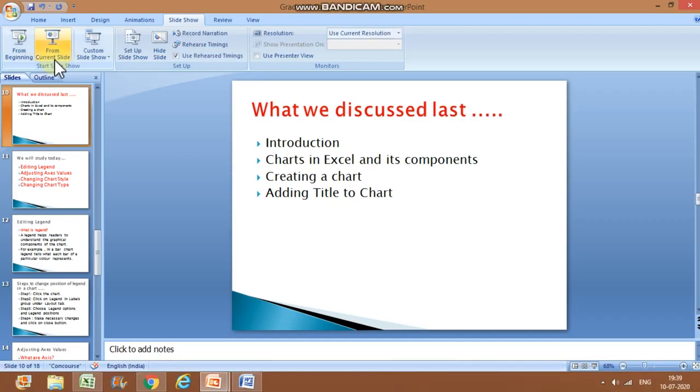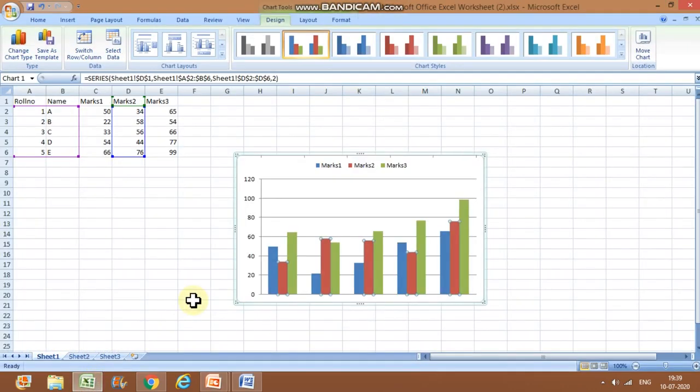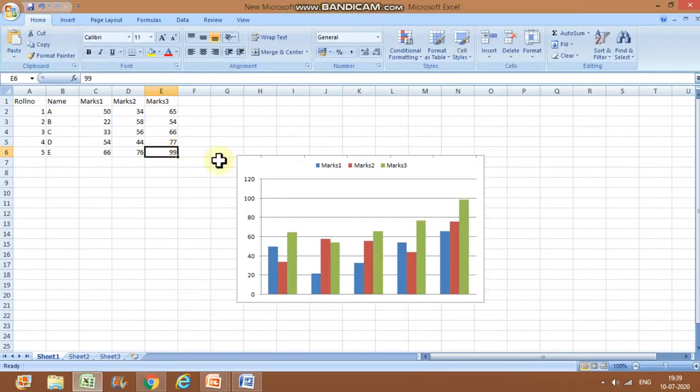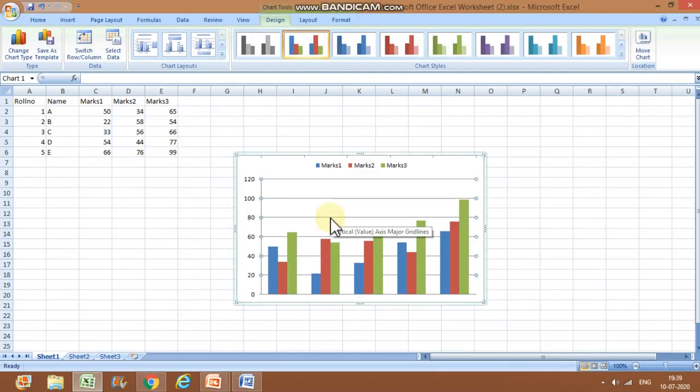Now I am going to show you on Excel. So here is our Excel file. This is your data and this is the chart. I told you how to insert the chart. I hope you all have practiced. So first of all, I am going to show you legends. What are legends?